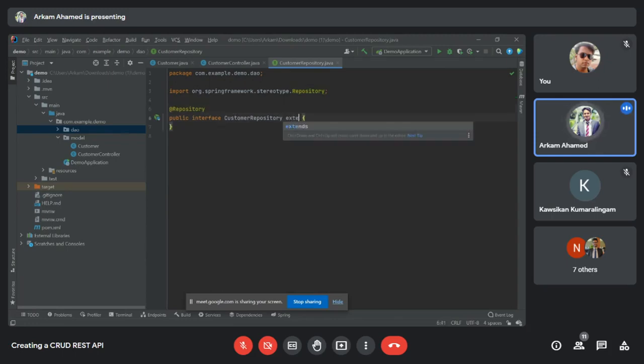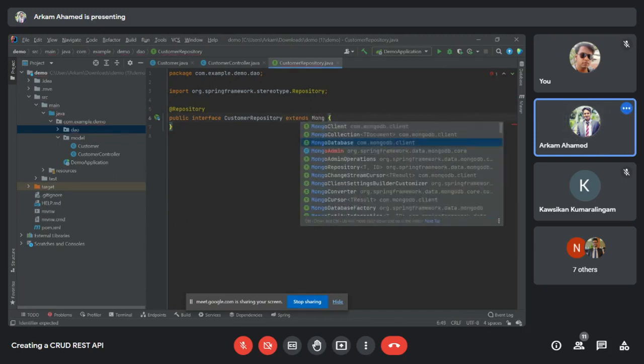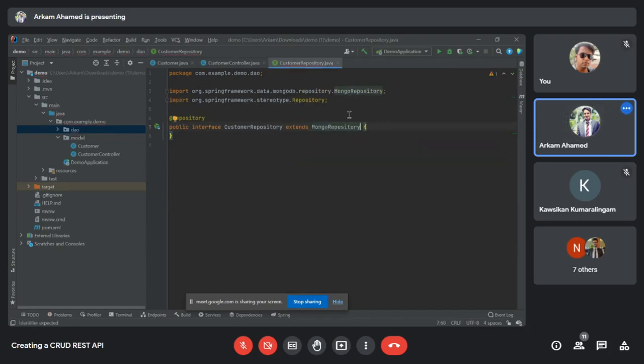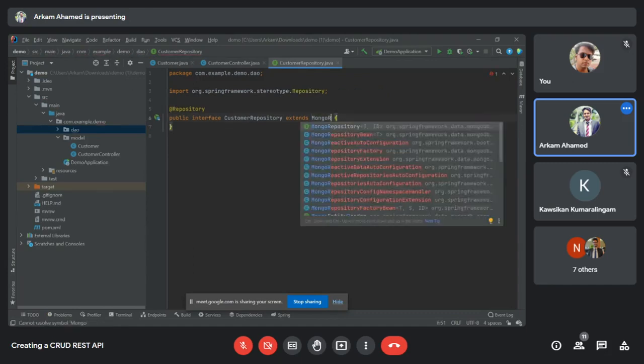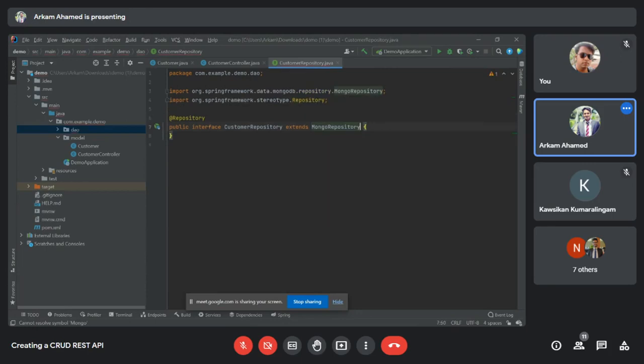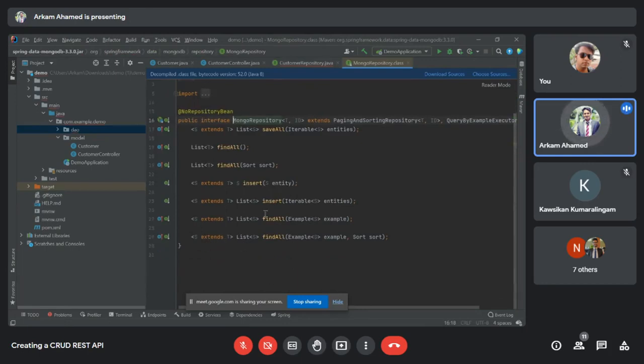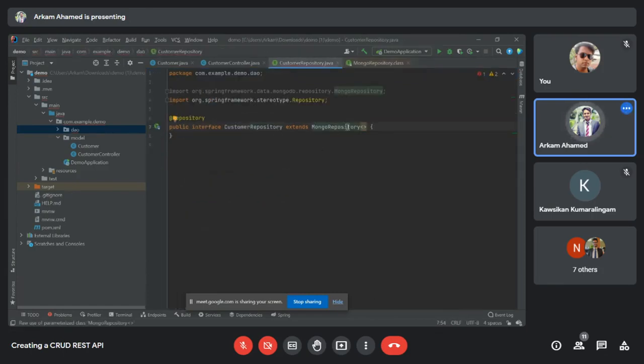And then we'll have to extend this with MongoRepository. What MongoDB is about is it has some methods to find and to retrieve data from the database. So that's what it's all about.